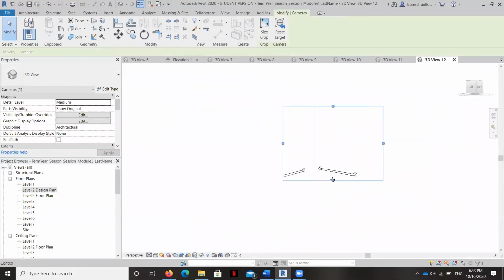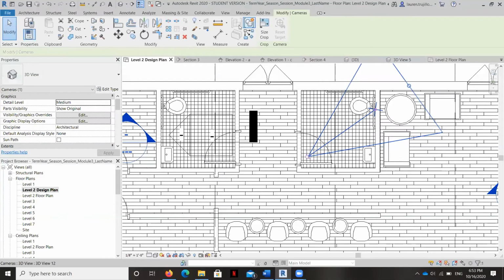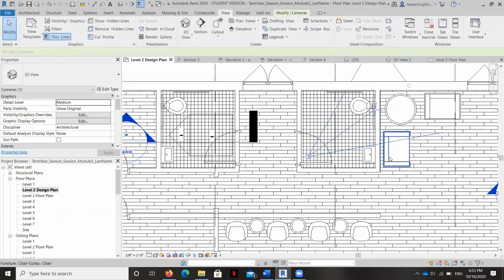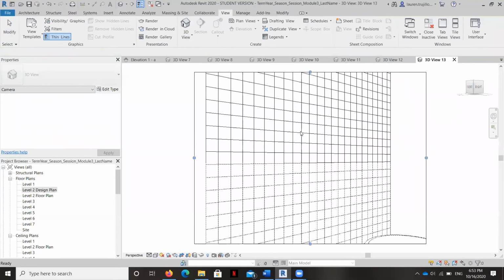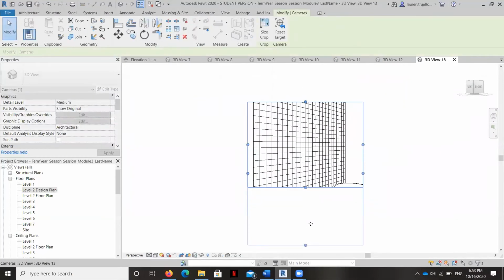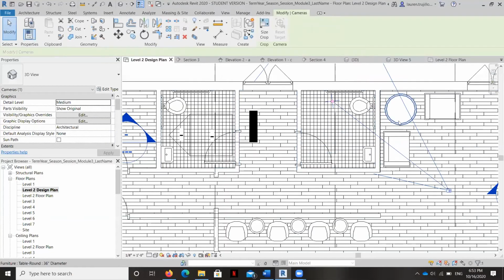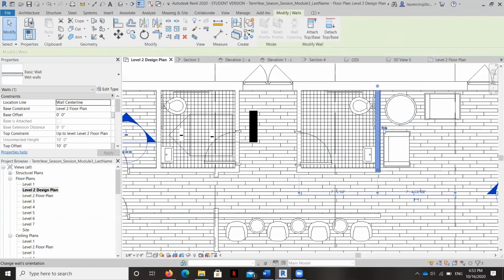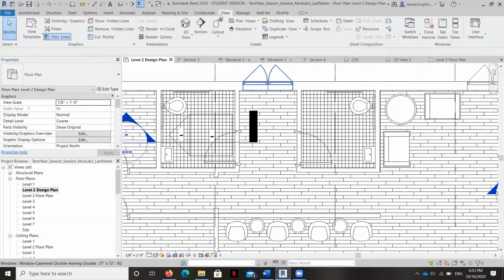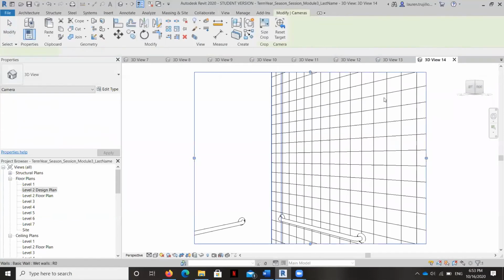So this, let's take a look. Okay, no tile on the inside of that bathroom wall, restroom wall. But I bet if I take a camera view from this side, we'll see it. Look at that. Tiled on the wrong side. But it's a really easy fix and I'm going to show it to you right now. You can grab this wall and you can flip it. And now, if I look at that camera view, hopefully we'll see tile on the wall.